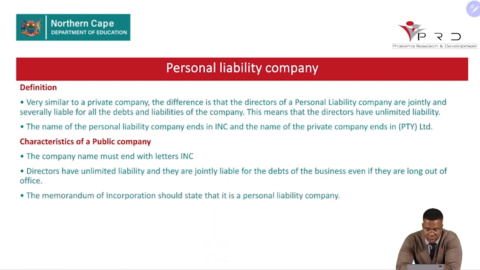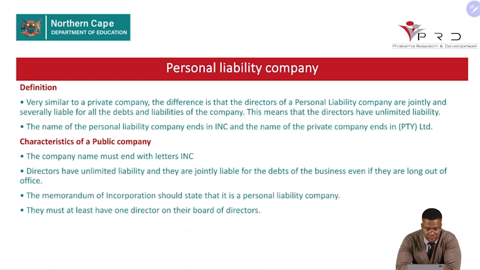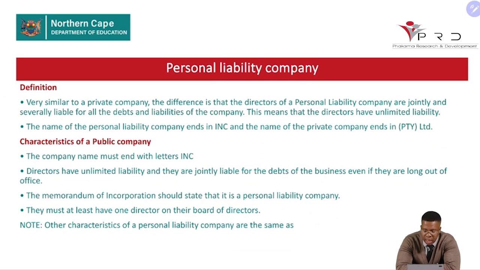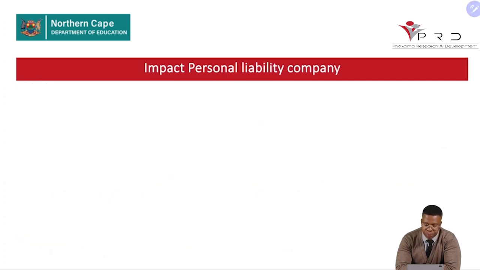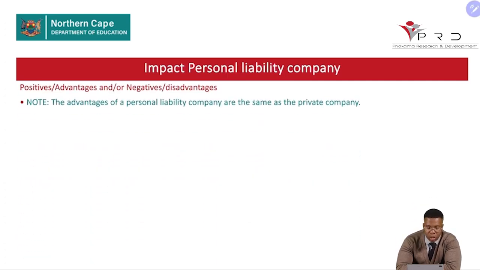Furthermore, the memorandum of incorporation should state that this is a personal liability company and they must at least have one director on their board of directors. Note, other characteristics of a personal liability company are same as that of a private company, except the above mentioned two. Then, when we are looking into positives and negatives, the advantages of a personal liability company are same or